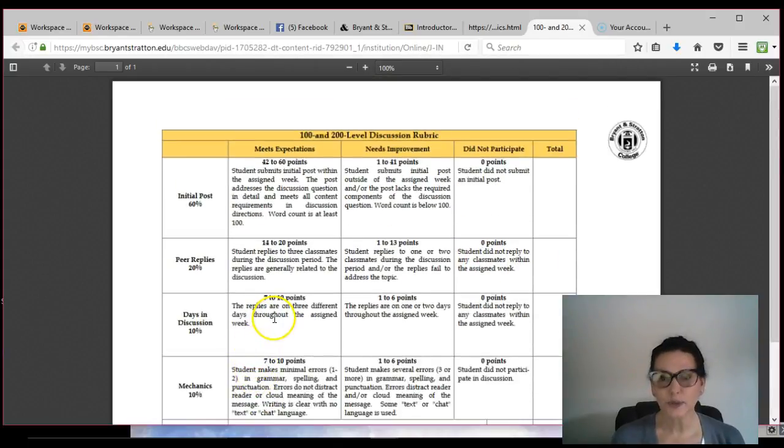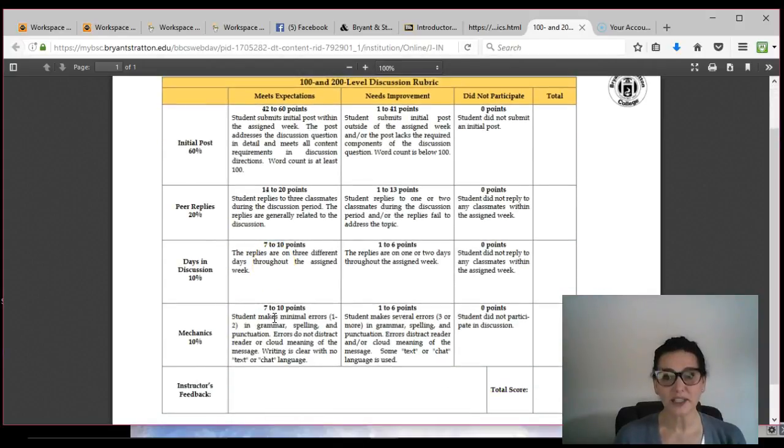I encourage you to reply to me. Get in the habit, because guess what? When you get into a 300 level, 200 level, replying to your instructors counts with this word count, so it ends up being 4 on peer replies, and the word count jumps a little bit to 150 minimum. So start making good habits now.